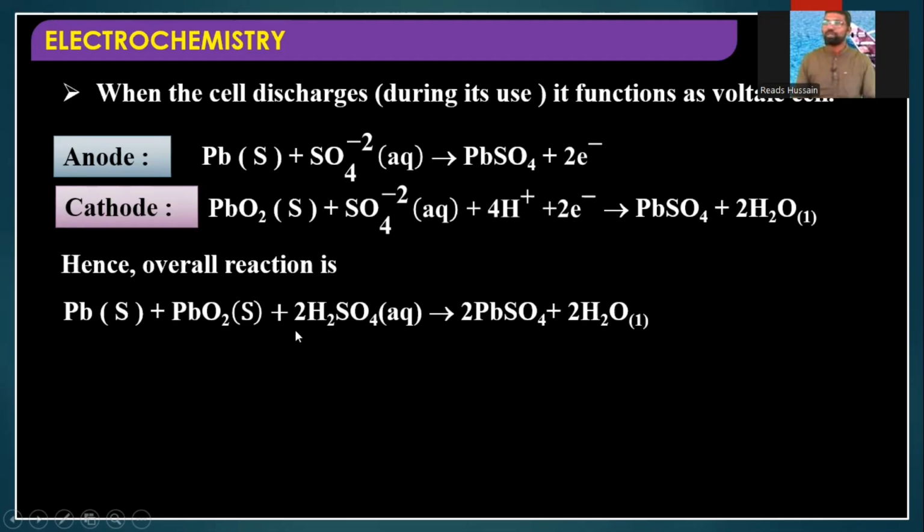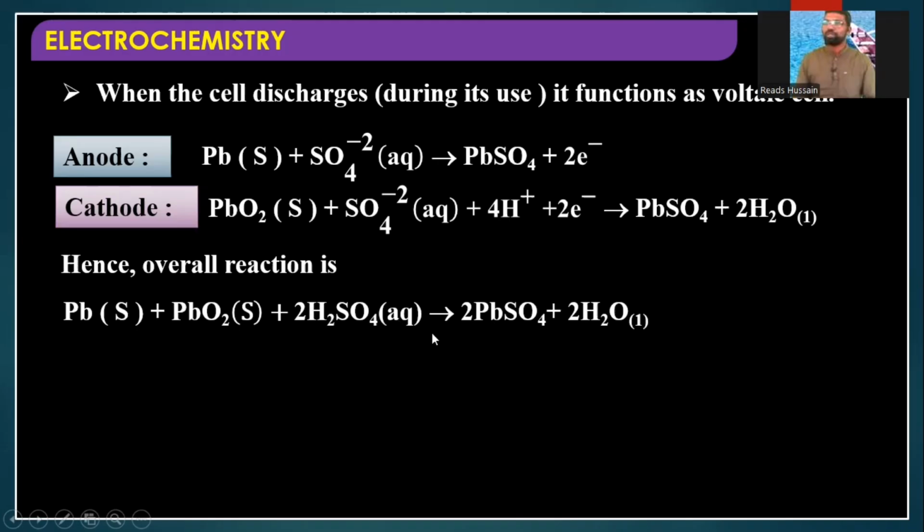So total 2 H2SO4. 2 2s are 4 hydrogens. Here 4 hydrogens. 2 SO4s, SO4 minus 2, SO4 minus 2. So overall this becomes 2 H2SO4. And here PbO2 is there. That means Pb plus PbO2 plus 4 hydrogens and 2 SO4 minus ions. So complete totally